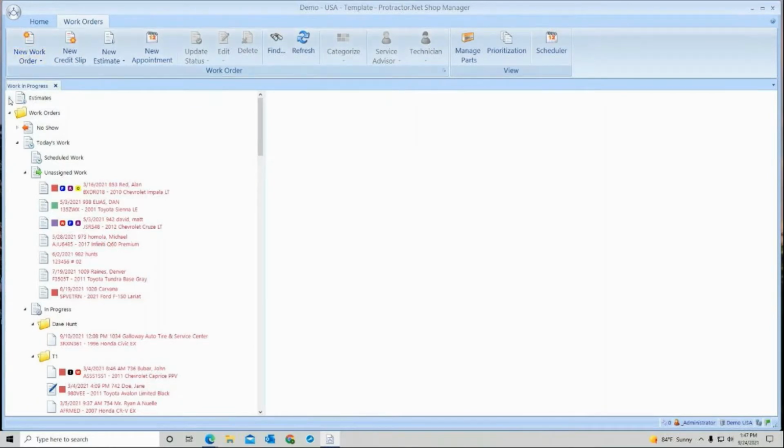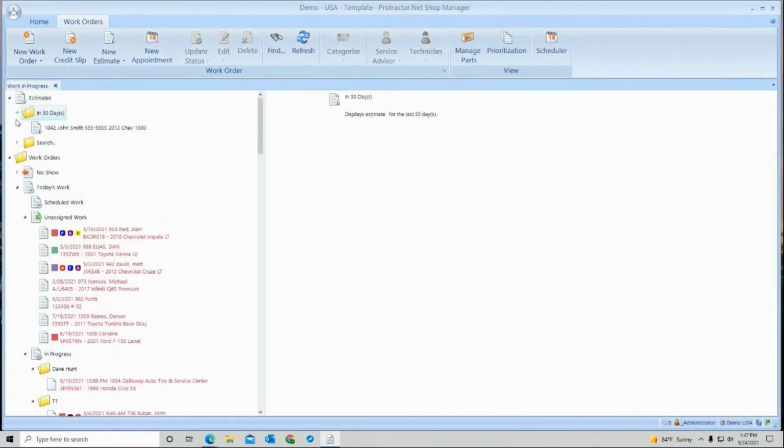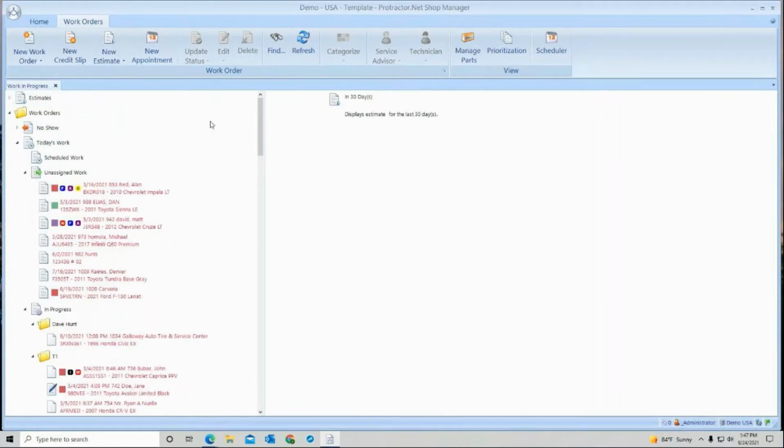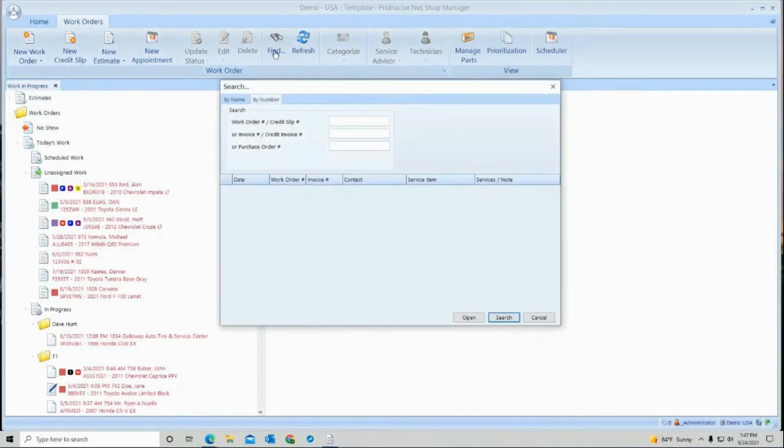So when I go to estimates, you'll see here is the estimate that I've written. Now as time goes by, after 30 days, you'll have to go start searching for it, but I can search for it, doesn't matter whether I wrote the estimate yesterday or 6 months ago. Very, very easy to do. All you do is just go to your find. Go to name. So if I know the name of that person,